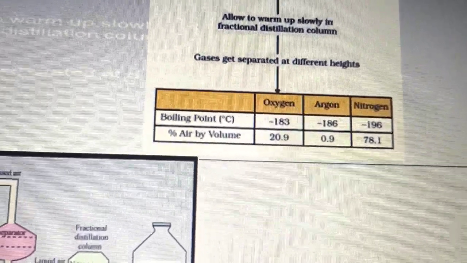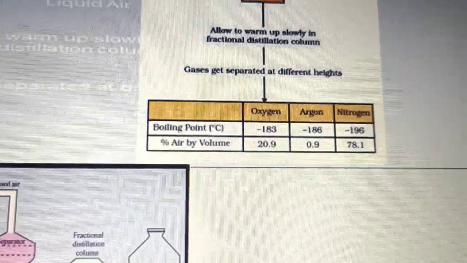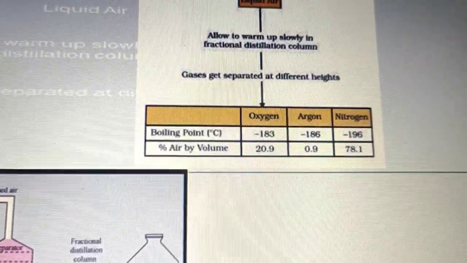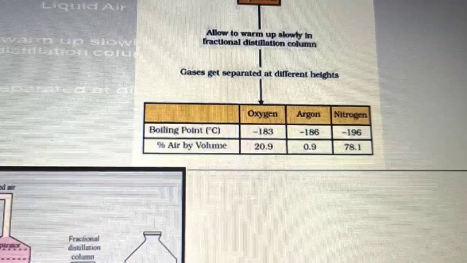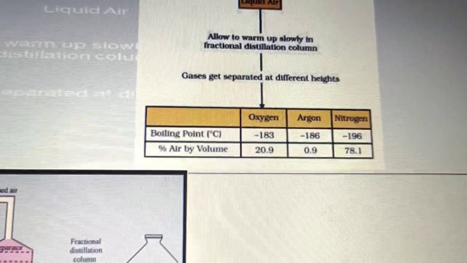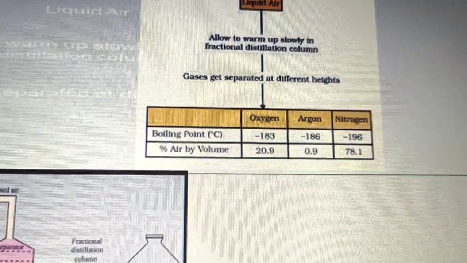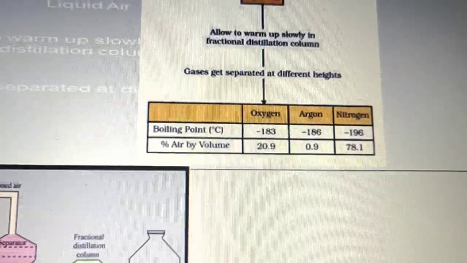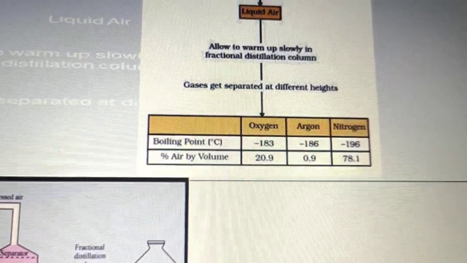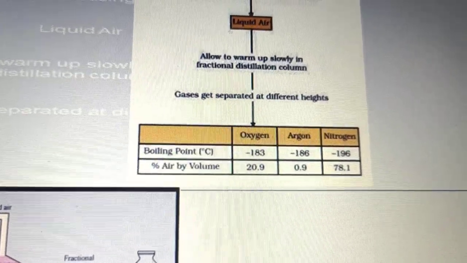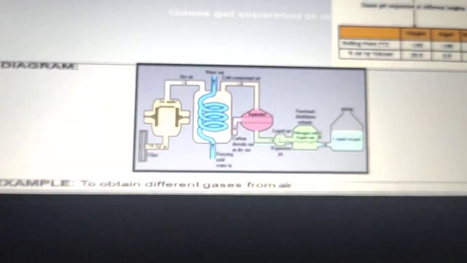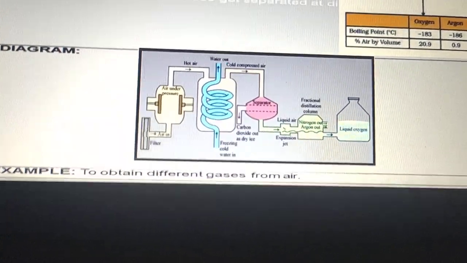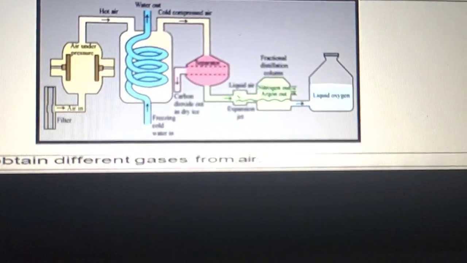I explained you in the diagram also, but here you can see in the flow chart. -196 is of nitrogen, that is 78.1% by the air volume, and oxygen is -183 degree Celsius, 20.9% air by volume. Here is the diagram. You can see this diagram. So initially